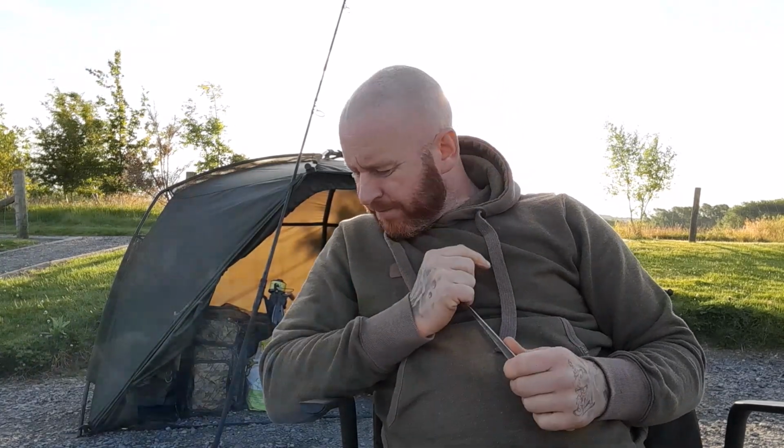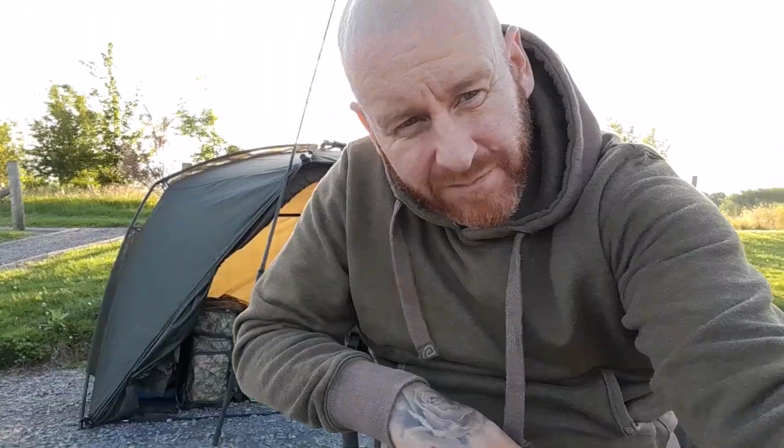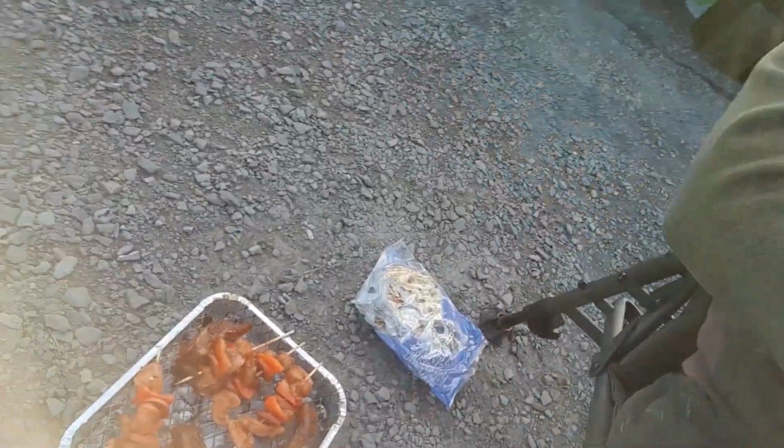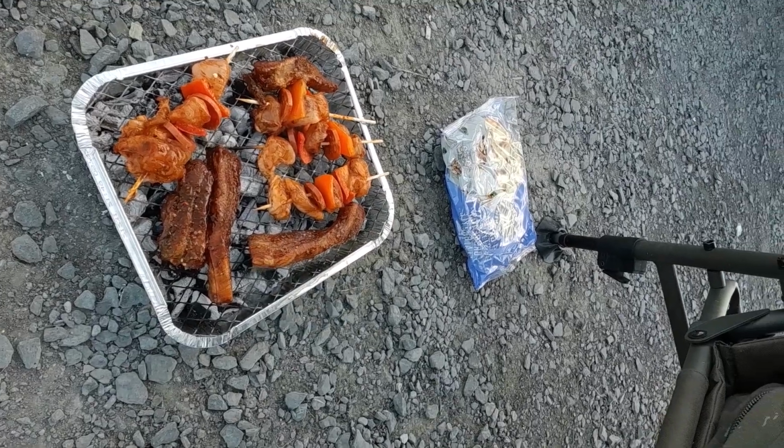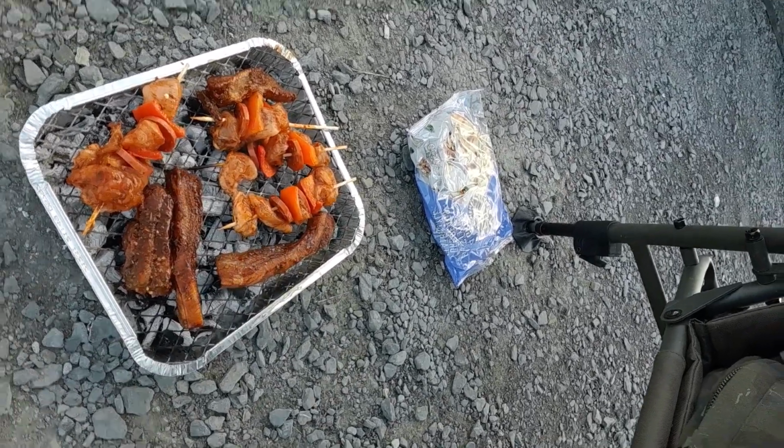Now made it to 8 o'clock, nothing to show as of yet. Rods have only been in water for about 2 hours, but it is bite time and it's also tea time. So what am I having today? Got the barbecue on, and what I've got down here is some chicken and chorizo skewers and some pork belly pieces, like in a teriyaki glaze,